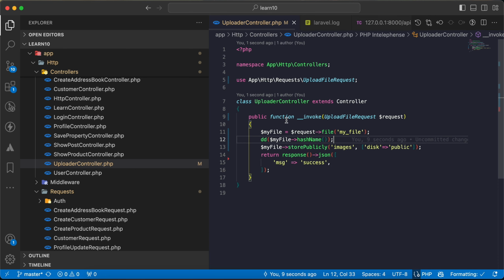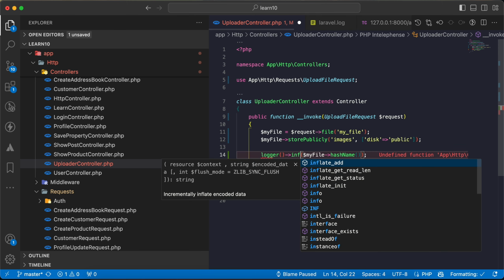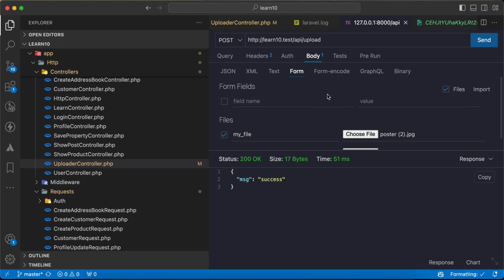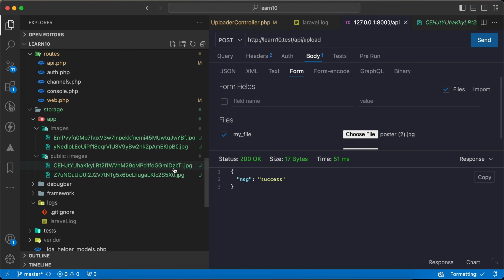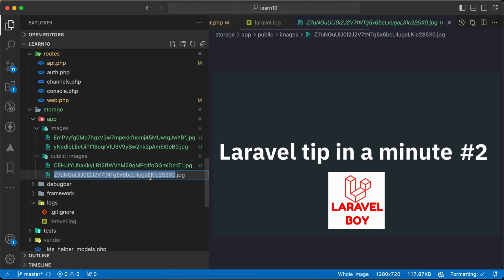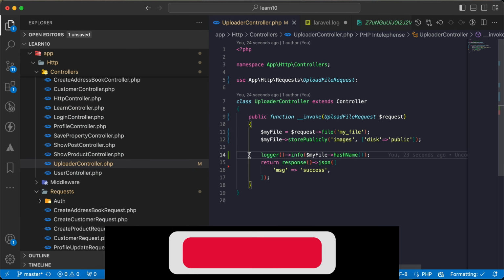So for example, after uploading it, after storing it here, I will write it to my logger info, and I will upload it now. Success. And here we have these two images, back and check: here the same file name that was uploaded is equal. So here's quickly how to